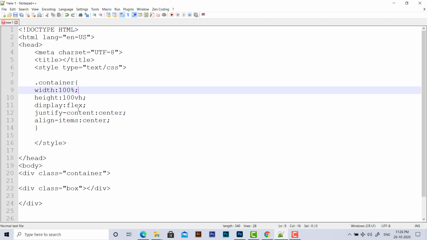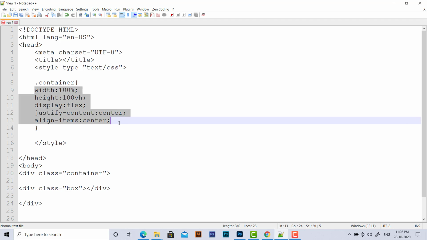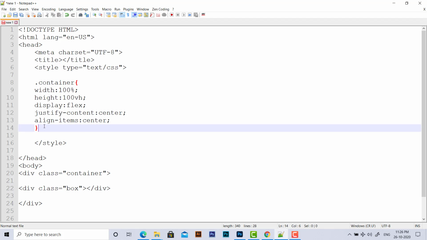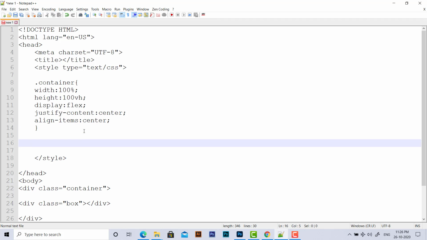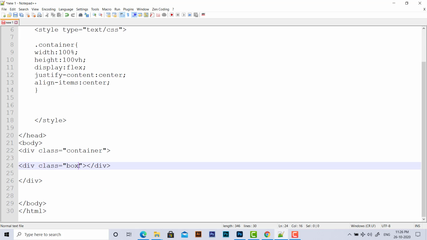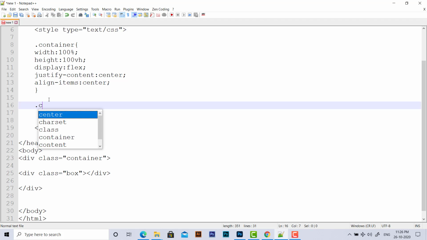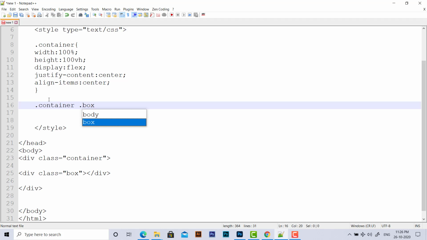So first we have completed the properties for the container, the main parent div, and now we are going to target the child div, which is the box. We have to target it because it is inside the container. We have to target the box in this way.